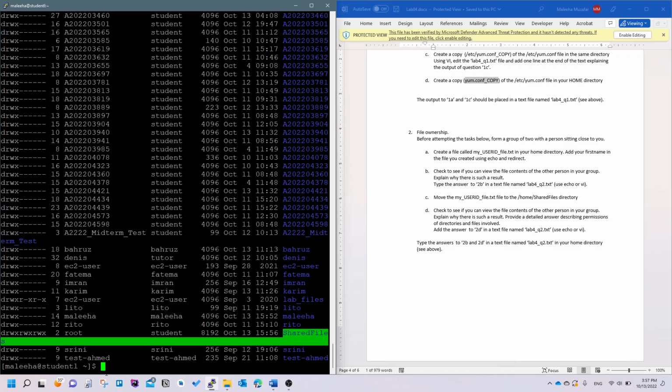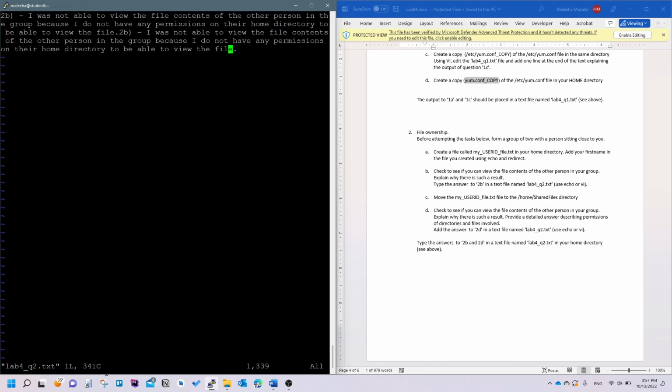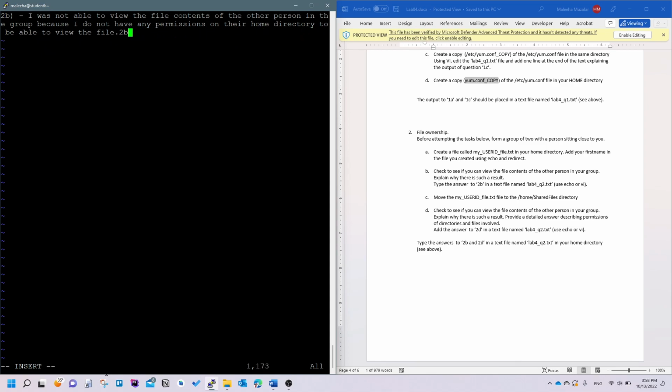So if I write vi lab for q2.txt and I remove this, so for 2D, the answer is I was able to view the file content of the other person in the group because I have the read permission on the file